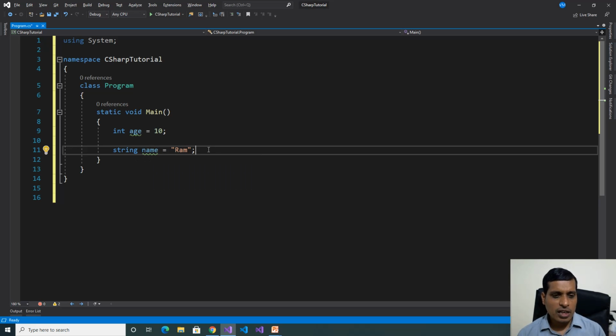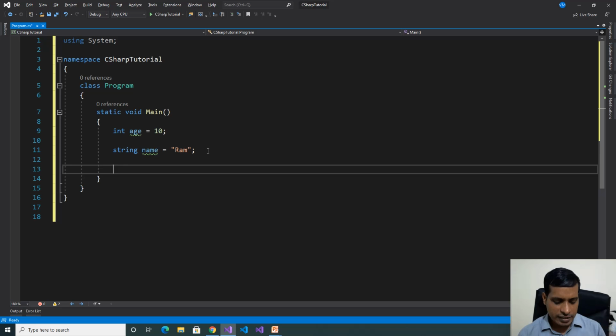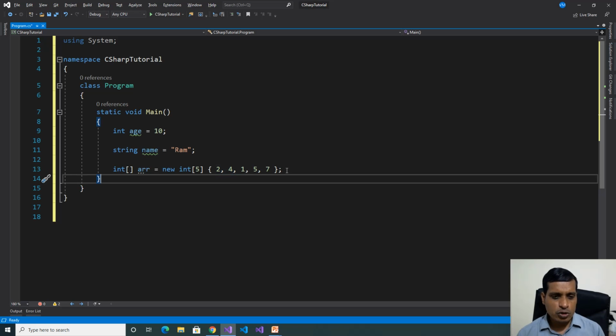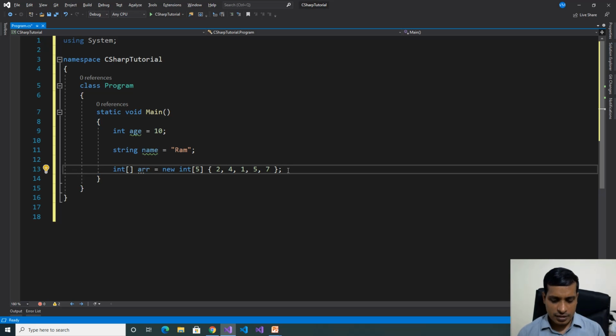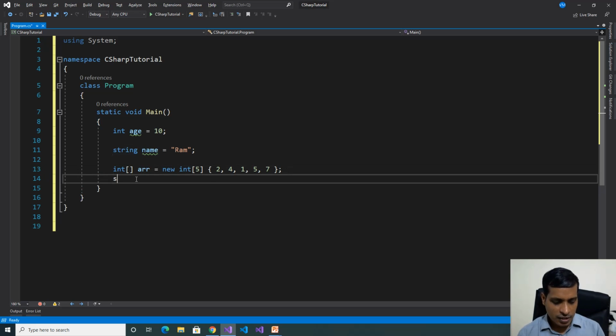But I need to store a collection of values. If you want to store a collection of values, then we need to create an array. Here I will create an integer array, int arr equal to new int, and declare size 5. Here the values are 2, 4, 1, 5, 7. Here this is the array storing integer values. Now I need to store a collection of names. Then I will declare an array of strings, string